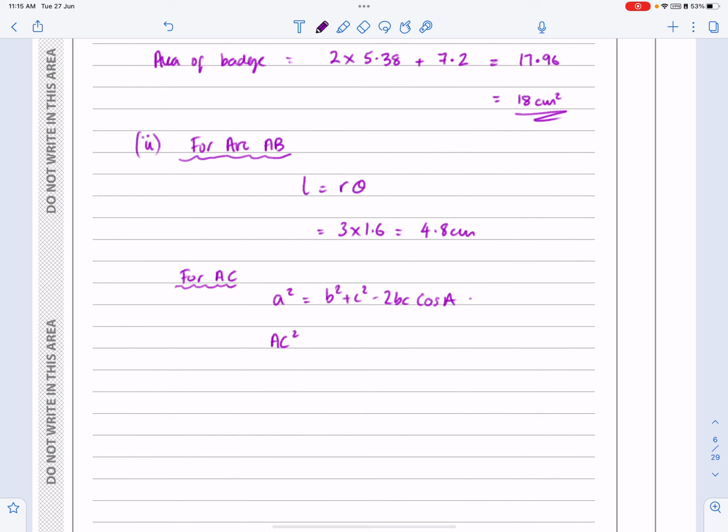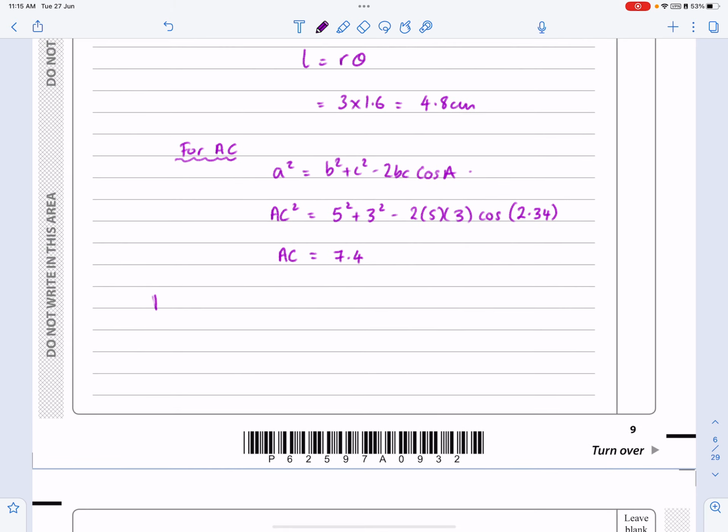It's AC squared that I want. Well, the sides are 5 and 3, 2 lots of 5 times 3 cos, and the angle was 2.34, wasn't it, from before? Just be careful to make sure you're getting the right angles each time. Chuck all that into the calculator and work it all out. I'm not going to do that for you. Not AC squared, sorry. AC then works out to be equal to 7.4,